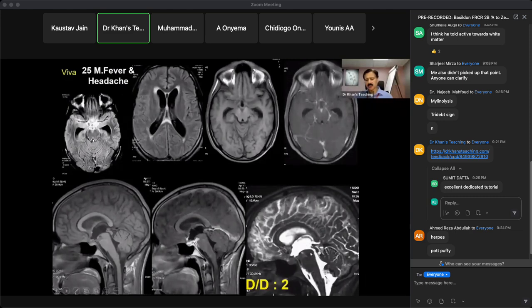On the CISS sequence, I told you when we covered the first session, there are anterior and posterior recesses of the third ventricle. This is known as the infundibular recess. This is the chiasmatic recess, and these are dilated. Then this is the pineal gland. This is the suprapineal recess. So all of these are dilated, and there is